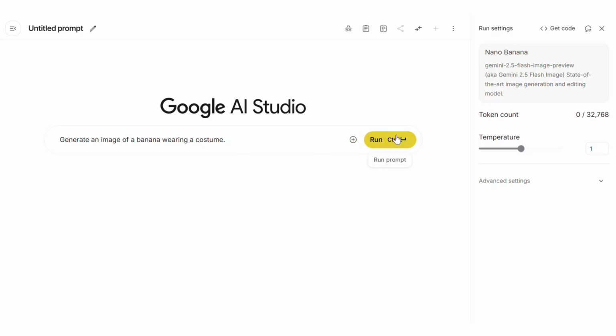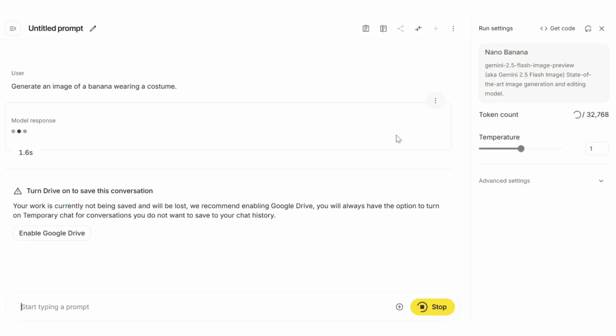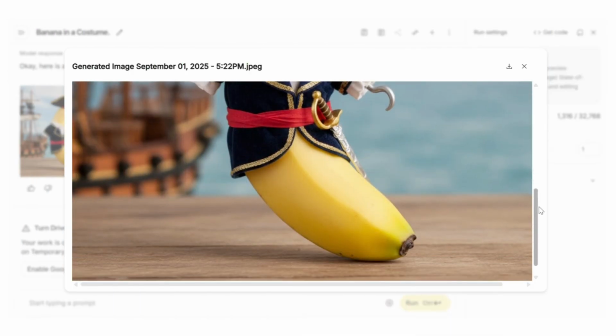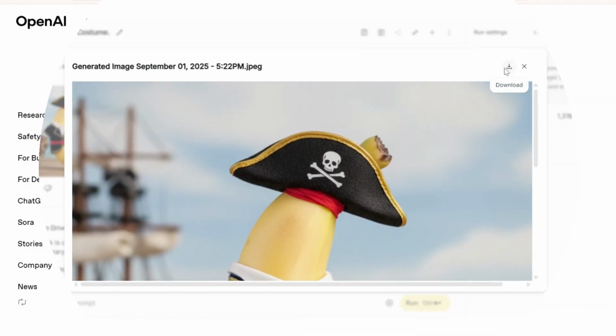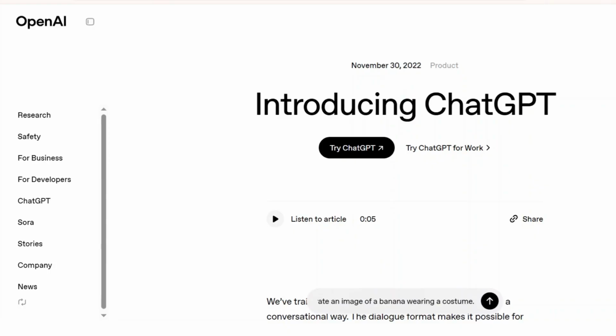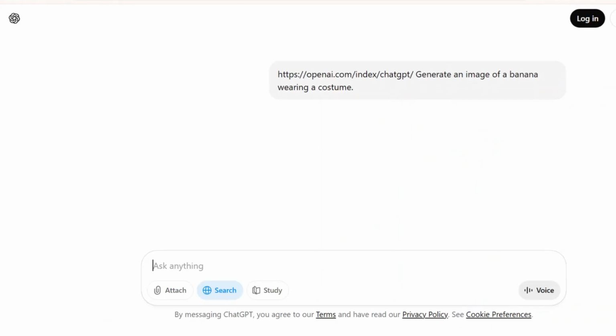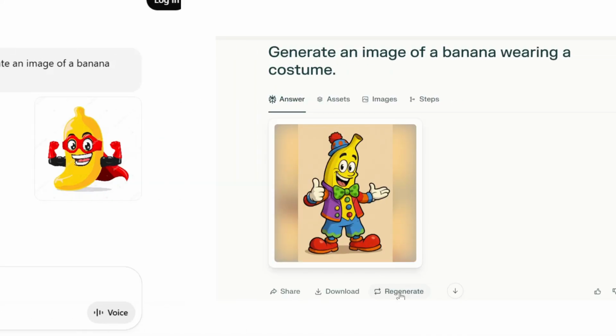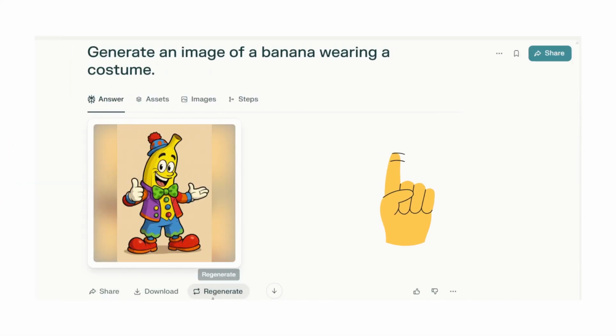Let me ask it to generate an image of a banana wearing a costume. Click run and it has generated a clean professional image. See how real it looks, the finer details it has curated. Now let's compare it with ChatGPT. On giving exactly the same prompt, first it creates a cartoon-like image which is cute but nowhere close to the real-life experience we got from Nano Banana. So I revised the prompt and asked it to create something real, but even then its quality is nowhere close